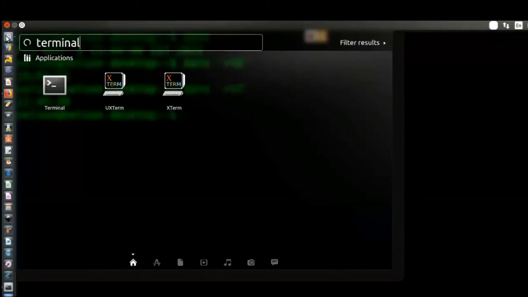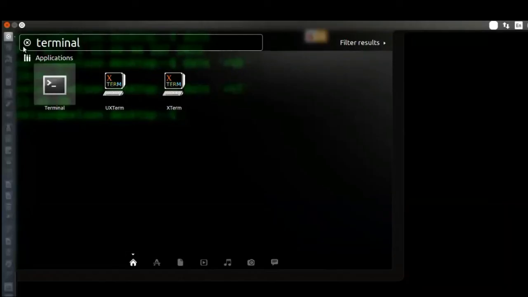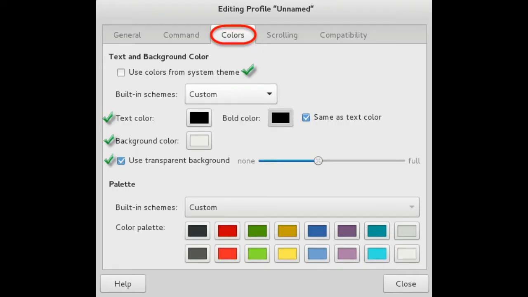Now this is the terminal. Terminal is CLI, that is command line interface. How to start the terminal? From this launcher, you can type terminal and then click on this terminal button and you will get this open here. And there are different options. In file, edit, in edit you can set profile preferences. Profile preferences are what? You can change the look of this screen. For example, colors. Right now green and black. I am taking black and white.